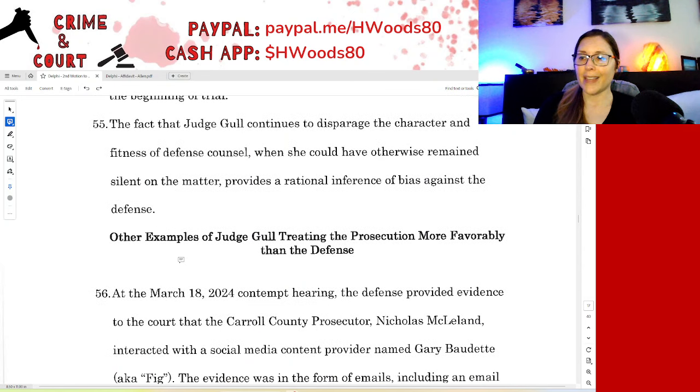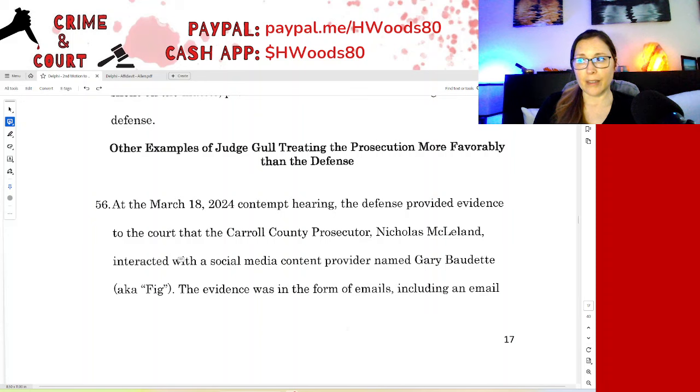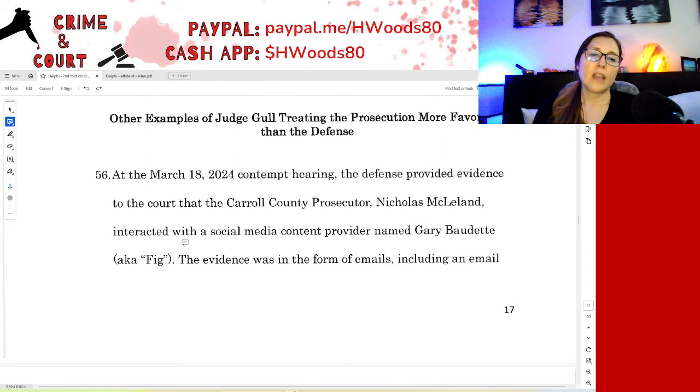55. The fact that Judge Gull continues to disparage the character and fitness of defense counsel when she could have otherwise remained silent on the matter provides a rational inference of bias against the defense. Other examples of Judge Gull treating the prosecution more favorably than the defense on